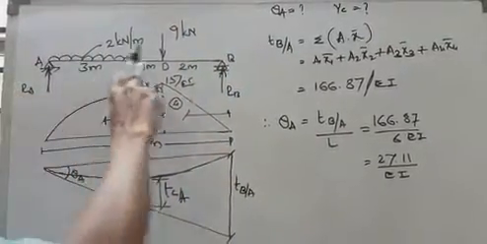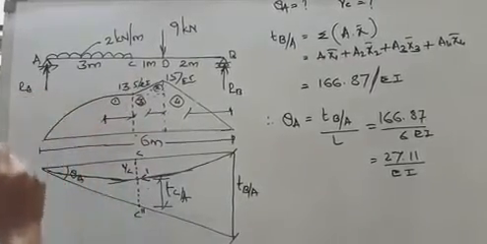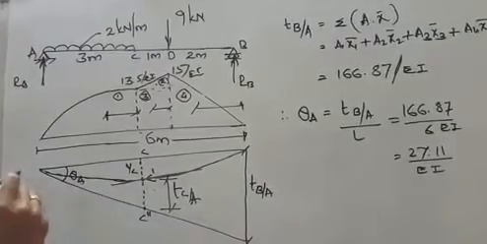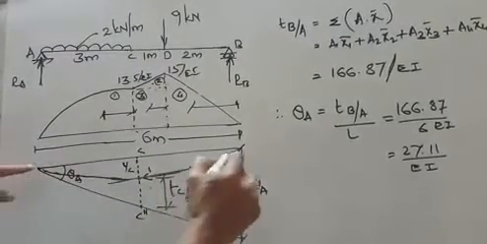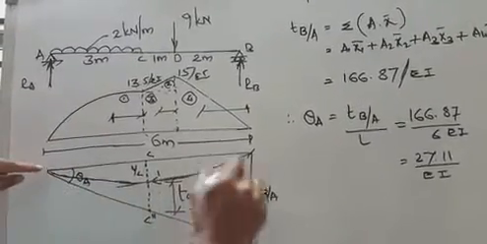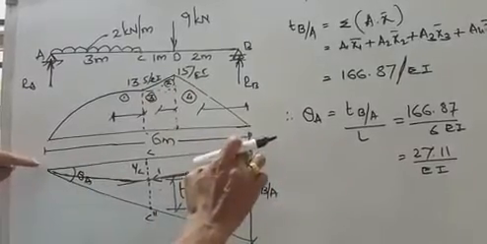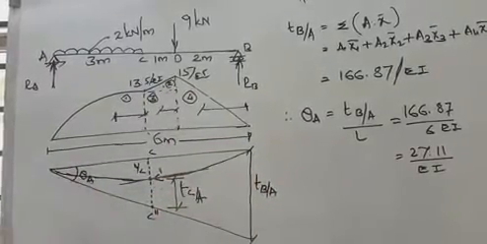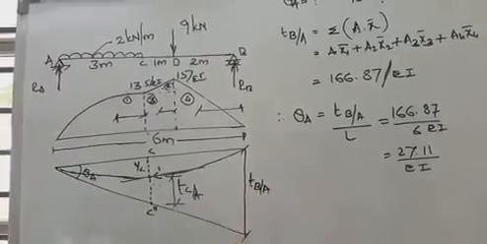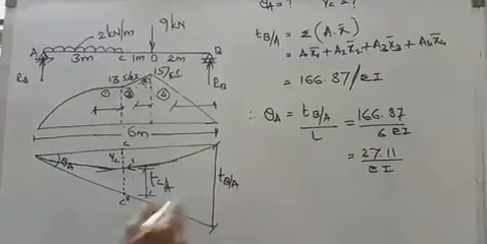But here you don't know the point of 0 slope, so directly theta A, theta C, theta D, theta B cannot be found out. So to get this theta A, first you need to calculate the tangential deviation of B with respect to A. Then using this triangle, theta A equals opposite side by base. By calculating that relation, we can calculate this theta A. So first let us calculate TBA, that is tangential deviation of B with respect to A.